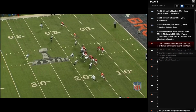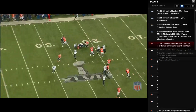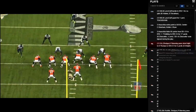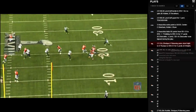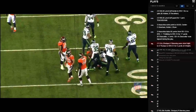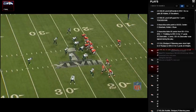Now, I know he comes off the field at some point. I don't see him on the field. So we'll run it, because I'm curious how the defense reacts without Chancellor on the field. I'm seeing Sheard. I don't remember seeing Sheard in the game too much. So yeah, there's no Chancellor. And we kind of look at how